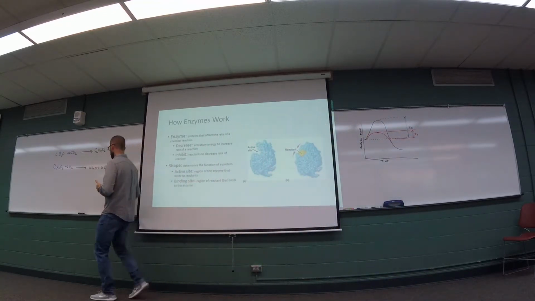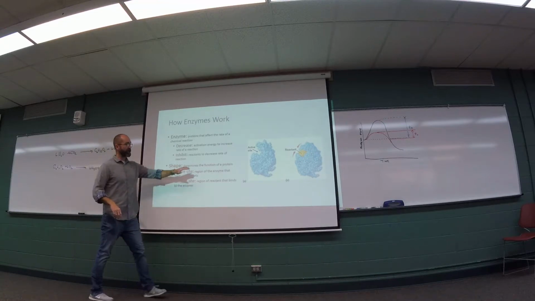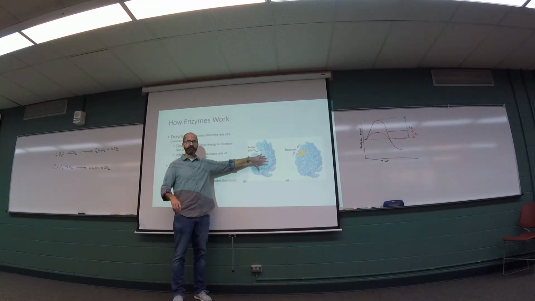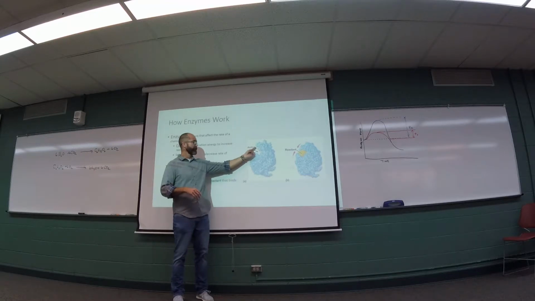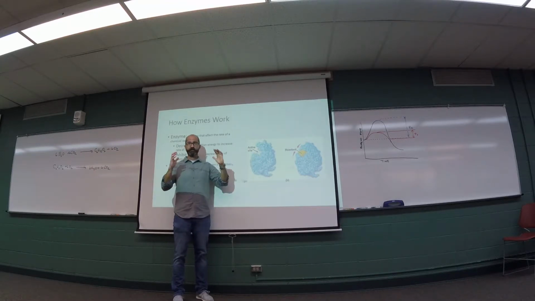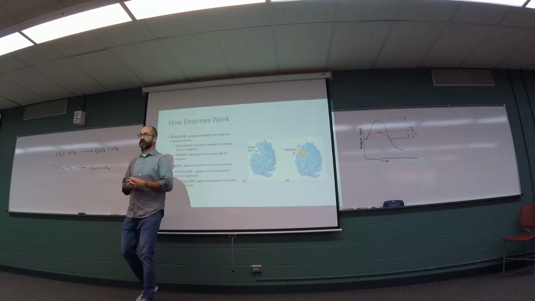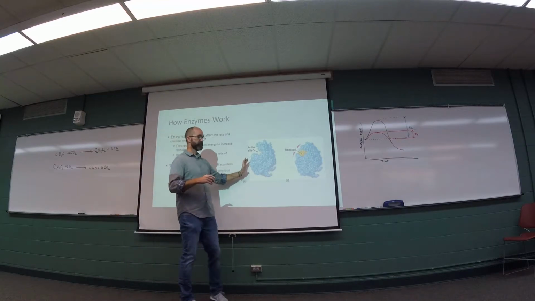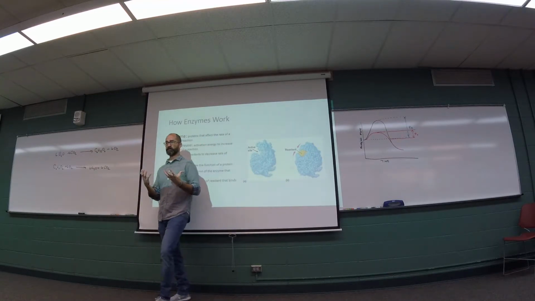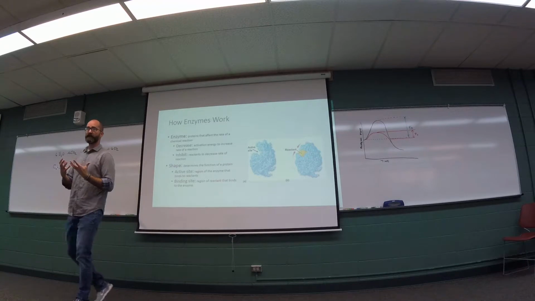Now, generally speaking, the active site on an enzyme, so this is a three-dimensional model of some ambiguous enzyme. The active site that's binding to whatever substrate we're trying to manipulate is generally small relative to the rest of the enzyme. And the rest of this enzyme represents a scaffolding or a structure to produce the right kind of